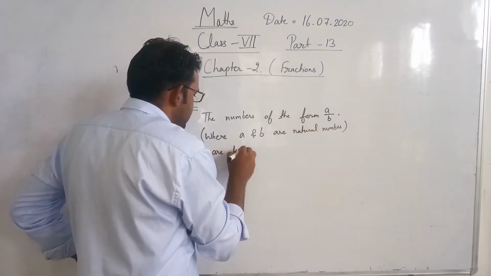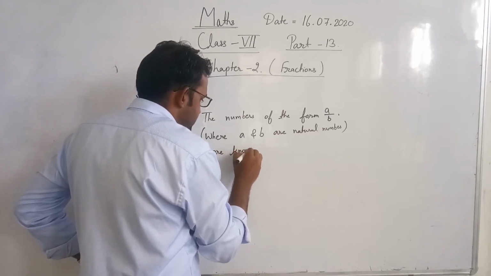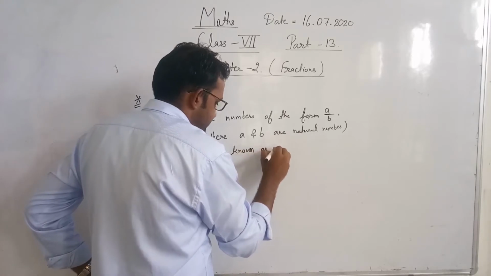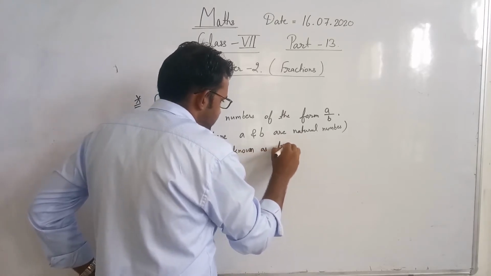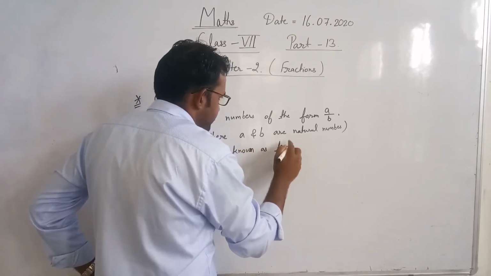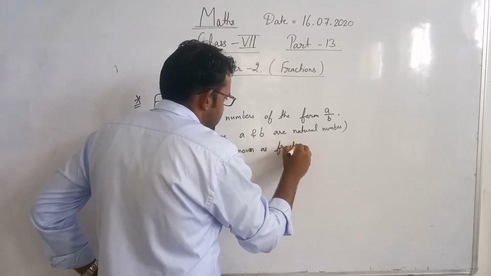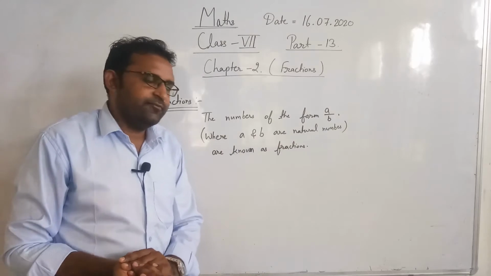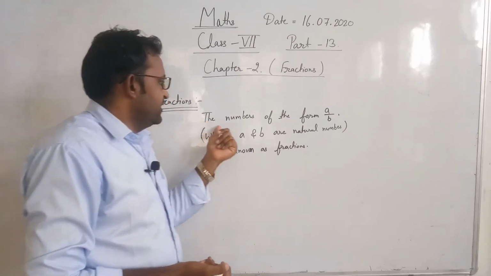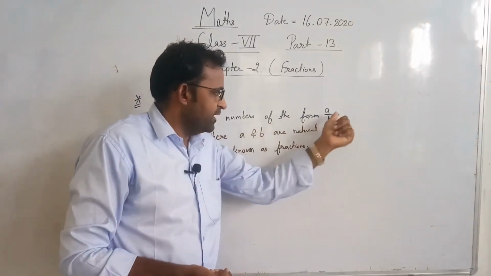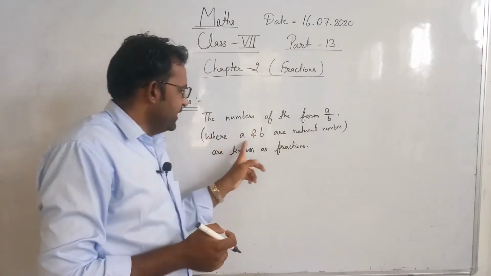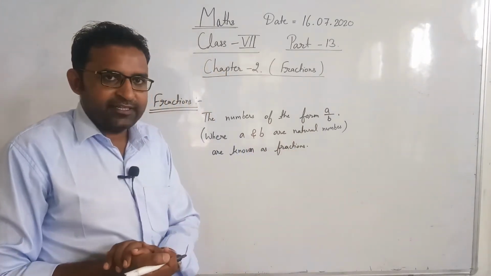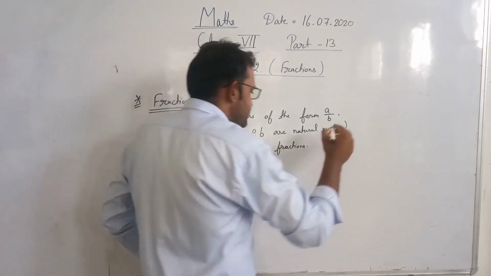So students, what is a fraction? The fraction is a number of the form A upon B, where A and B are natural numbers, and these are known as fractions. For example,